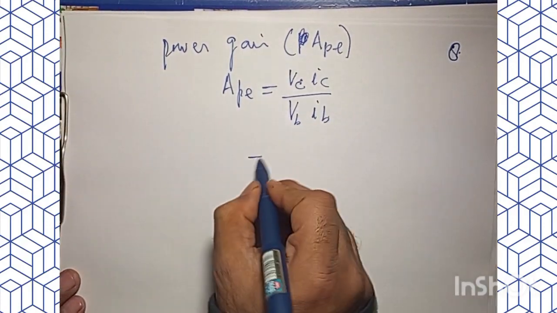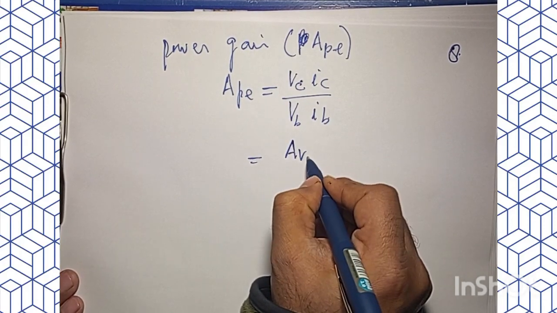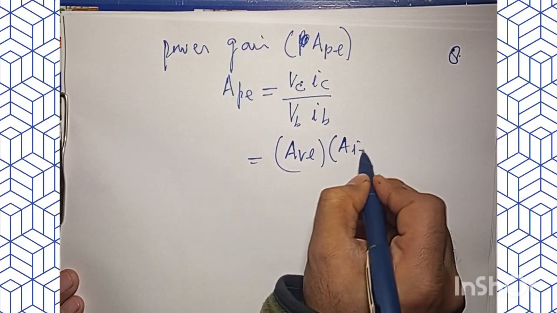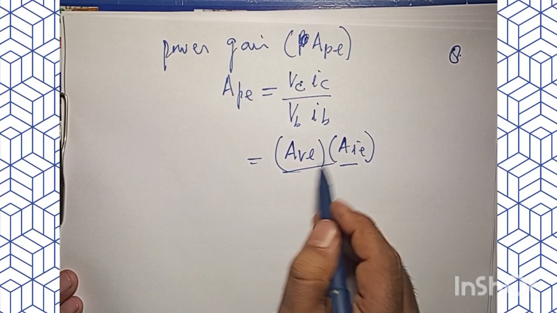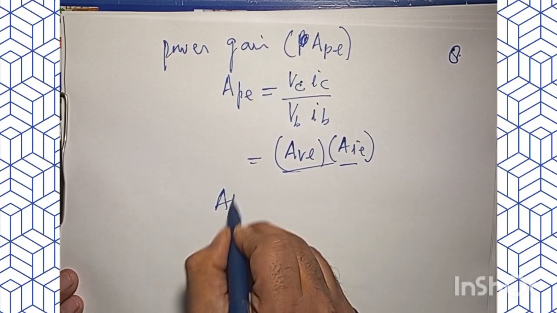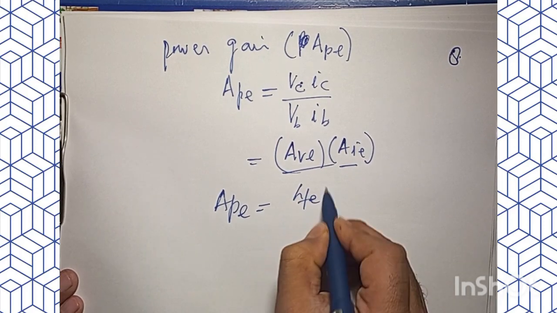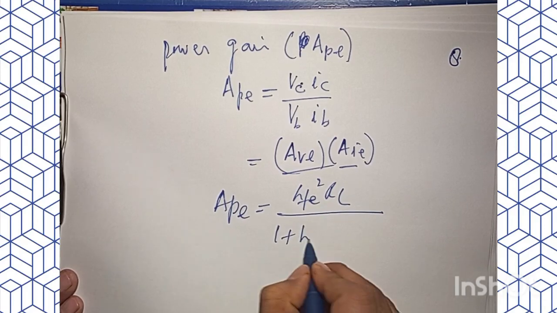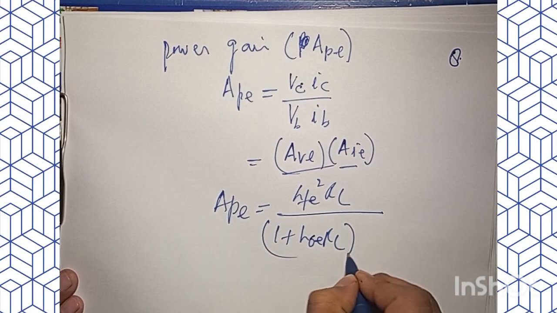So basically it is the voltage gain AVE times the current gain AIE. Both of these parameters are already calculated, and we can substitute the values of AVE and AIE, and we can have the final expression for the power gain as HFE square RL divided by 1 plus HOE RL times